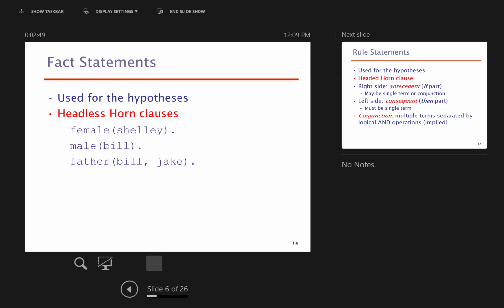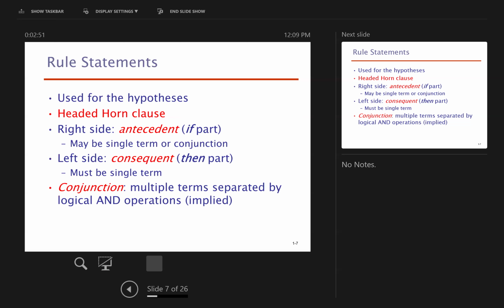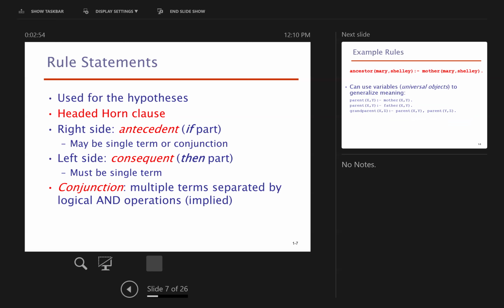Bill is always a male. Again, Shelley is always a female. Now we can come up with the sentences. As we said earlier, we have the slide here that says antecedent on the right side, but we are assuming